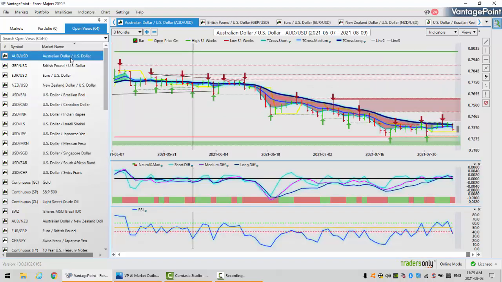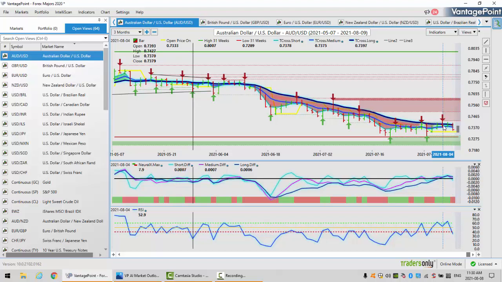Now, the Aussie and the New Zealand, both of these two pairs have the exact same signal to start the week. So again, further suggesting that the equities could be in a little bit of trouble here because of that high correlation. But we can see that the Aussie is banging into this T-cross long and it can't get through it. Now our MA diff cross has crossed to the downside and the neural index has gone from green to red. This is a very fresh signal. That pivot level, the T-cross long, is 73.93. We're closing at 73.50 here.